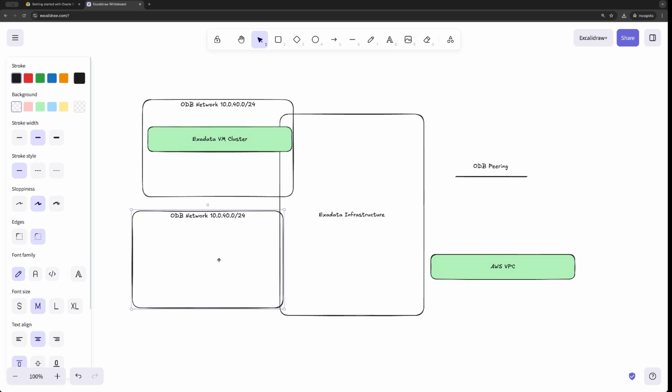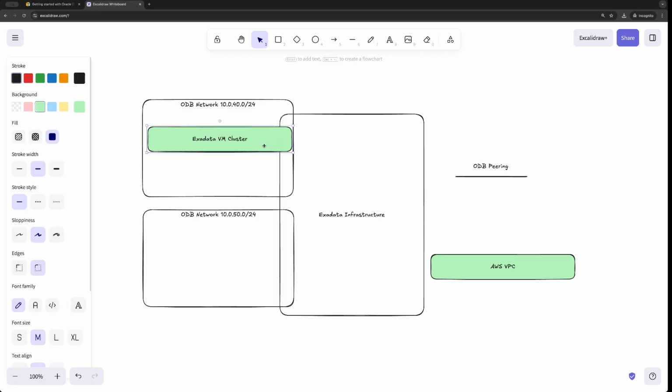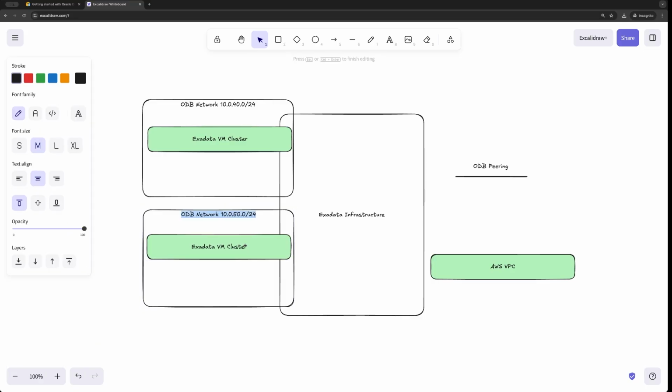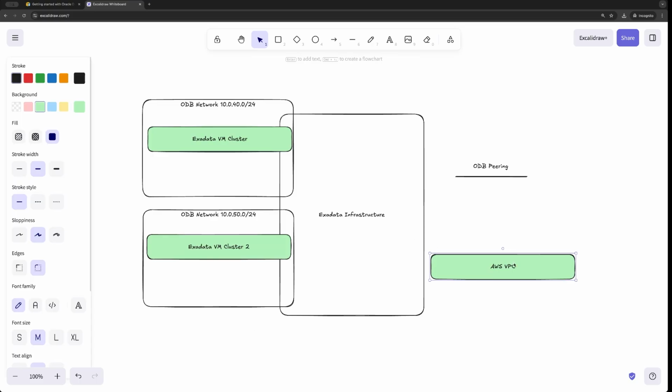So you could have a second ODB network with a different CIDR block, and then a second cluster using the same infrastructure but just on a different ODB network, and then you could pair these VM clusters with the